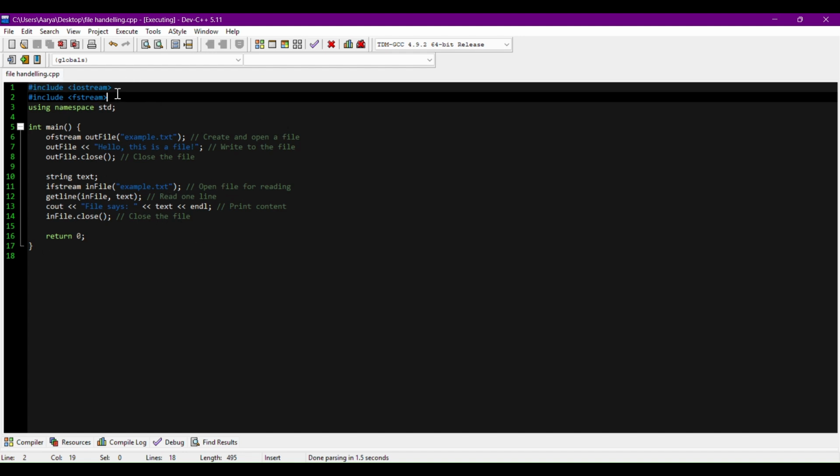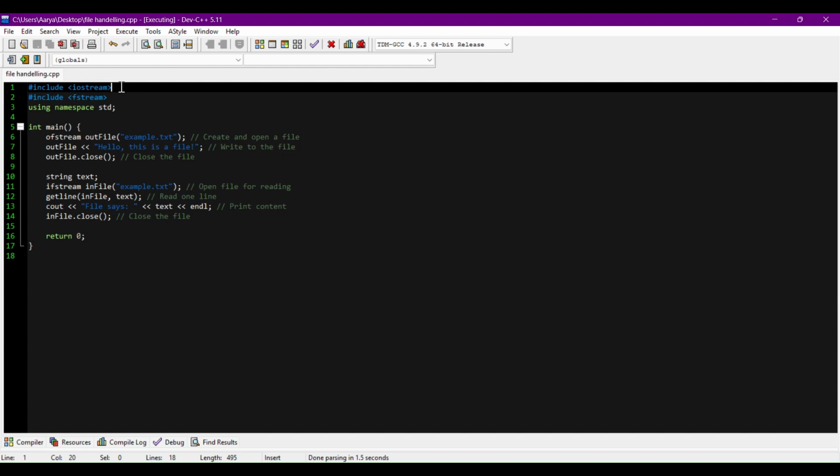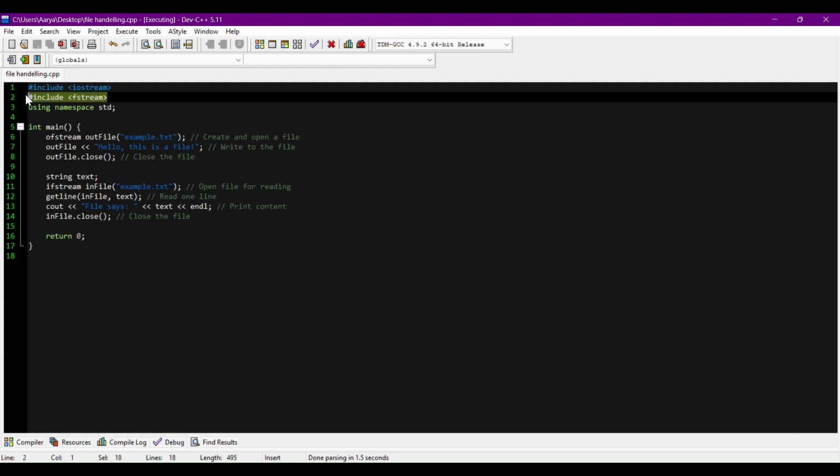I expect y'all to understand basic C language and C++ language, which I have taught so far. So let's start. #include <iostream>. Y'all are familiar with this. iostream stands for input output stream, and this is a new thing: #include <fstream>. Now fstream is used for files, where f represents file. fstream basically includes ifstream and ofstream, where ifstream is for input file stream and ofstream is for output file stream. So when you write include fstream, it includes both, that is input and output with respect to files.